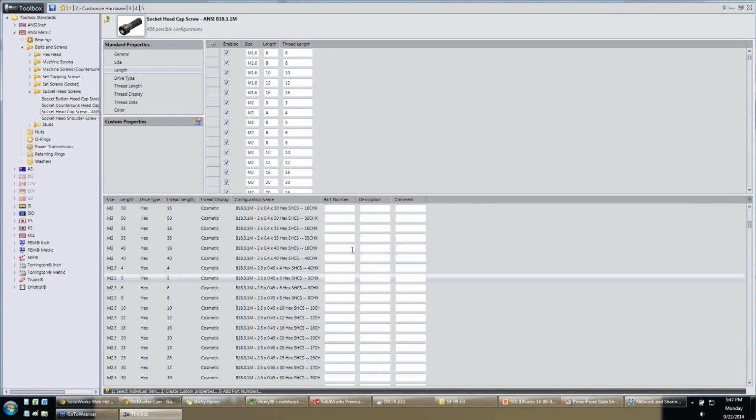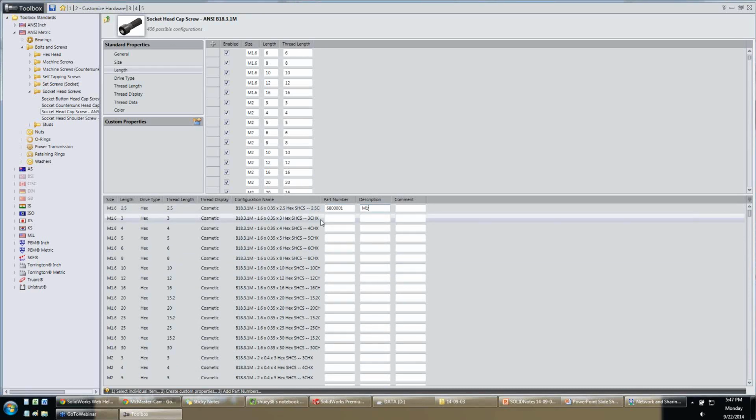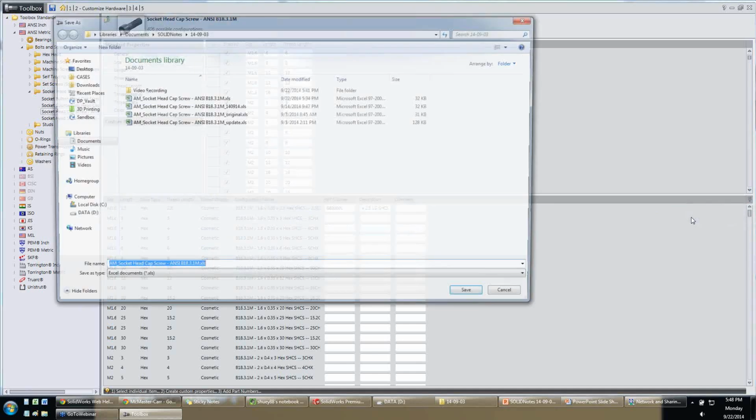So now let's say I'm ready to start adding part numbers and descriptions. So I know this guy is 68123441, and the description is an M1.6 by 2.5 long socket cap screw. Okay, so that's great, except that's going to take a long time to do all these 400 possible configurations, and it'd be great if we had a quicker way. So if we jump over here, we have the import-export button. So I'm going to go ahead and export all this data,